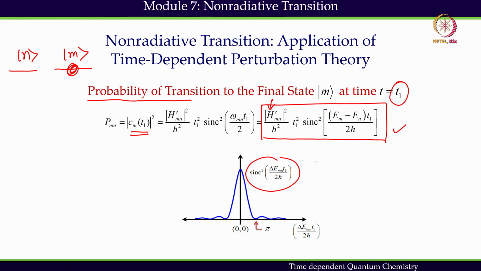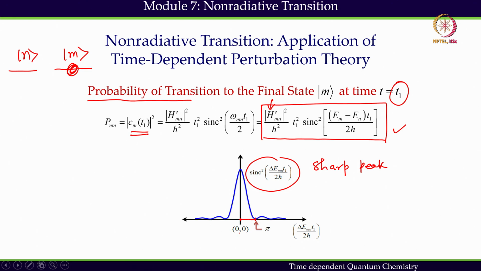It exhibits a very sharp peak with a width, and here, when I say width, I will not use the full width half max. Generally we use the full width half max, but I will say when the function becomes 0. So this is the width we are saying,